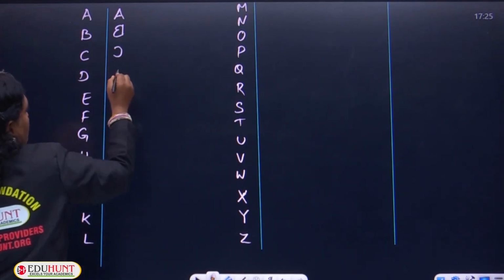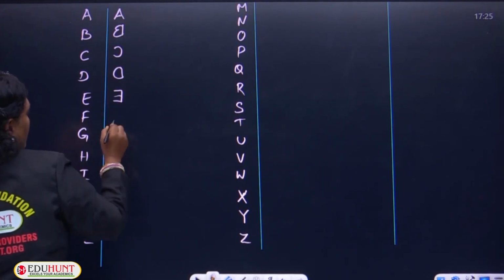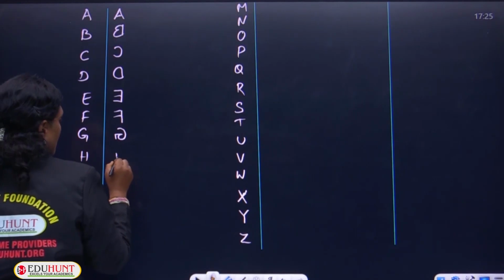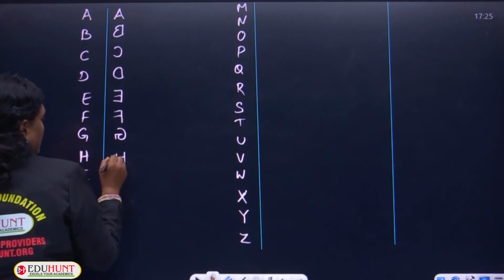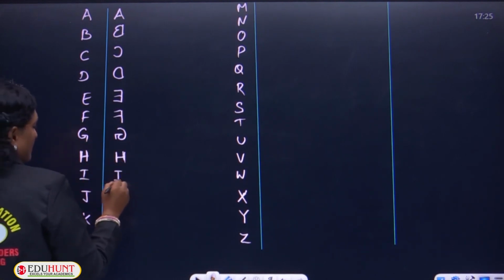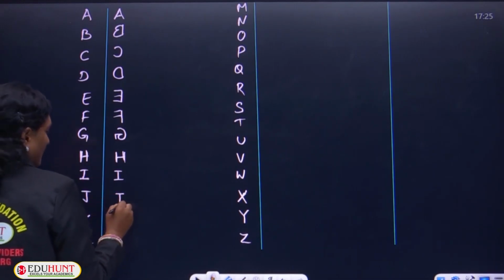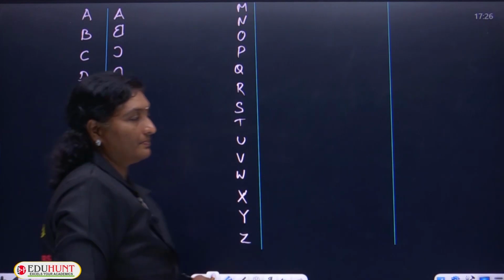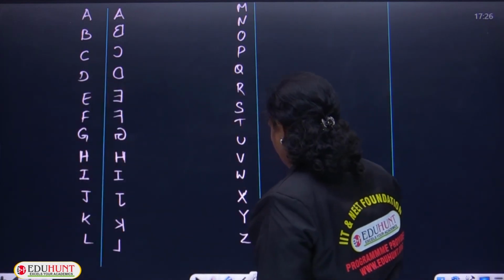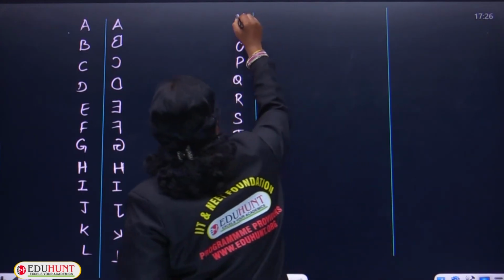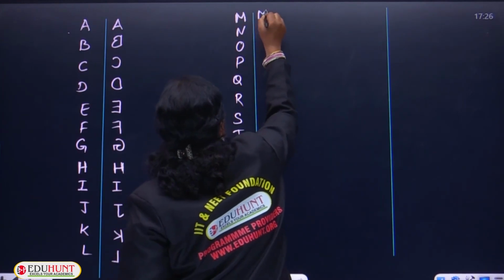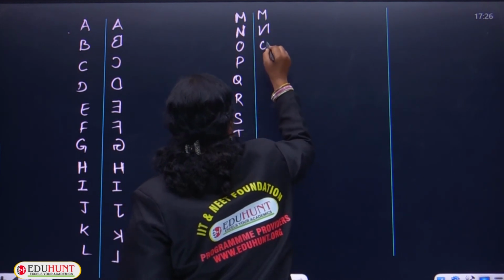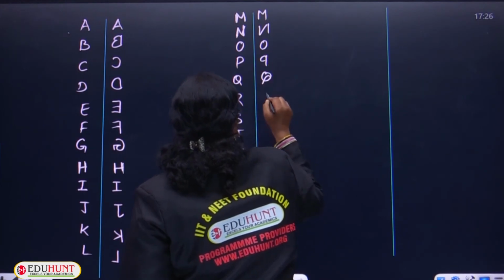The C is something like this, D here, then the letters E, F, G, H again appears the same, letter I, J, the curve will be in the reverse direction, K, the slanting lines facing each other, L, M again looks alike, same structure, N, a slight difference is observed in the N, O, similar, P changes, Q changes,